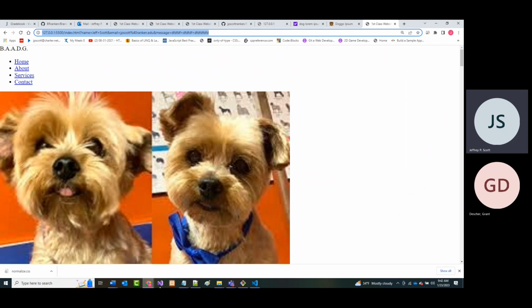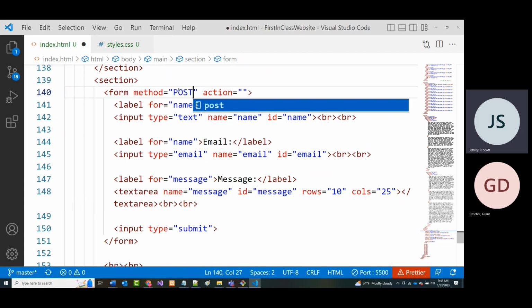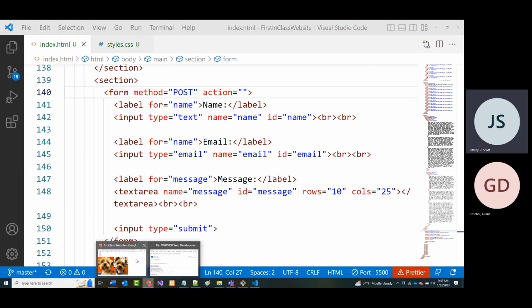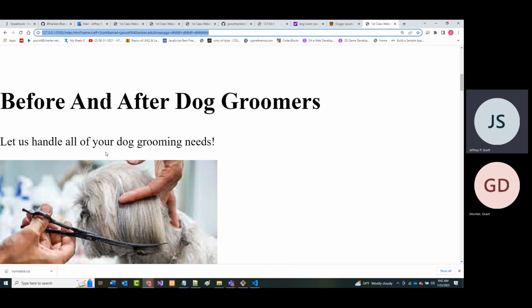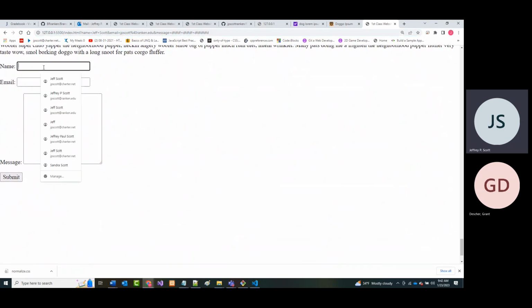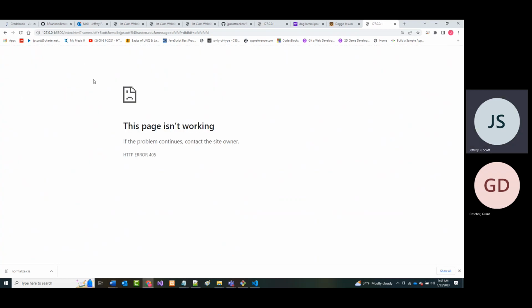Okay. If I go back and I change that from what we just had, which is get, if I change that to post and I save it, and I go back to right where we just were, and I come back in here and do the same kind of thing we just did. So again, I'll come in here with my name. All right, and that's fine. I'll just grab some junk in here. Now, when I press submit, you'll notice that technically, even though it's showing it in here, what's going to happen